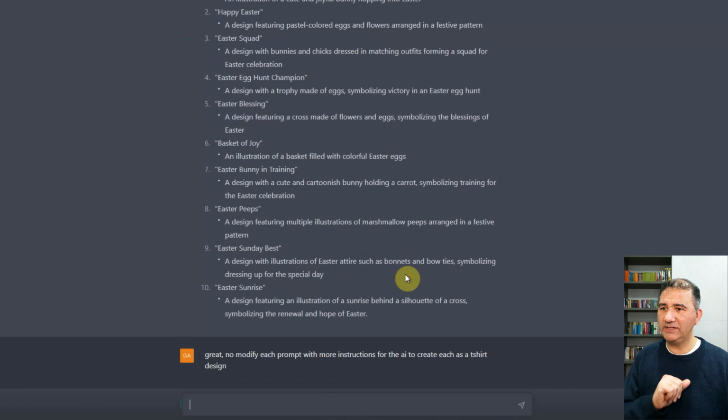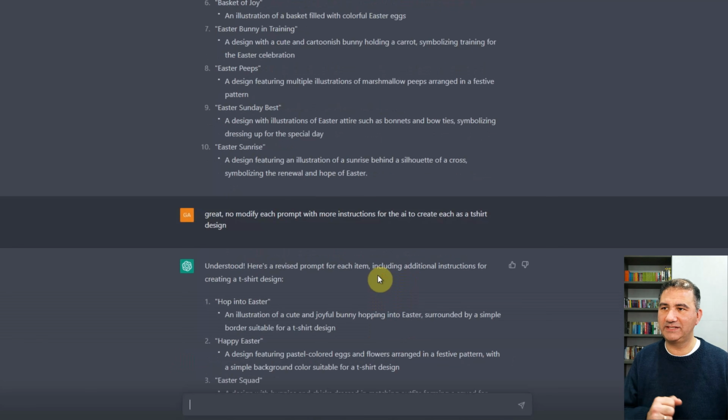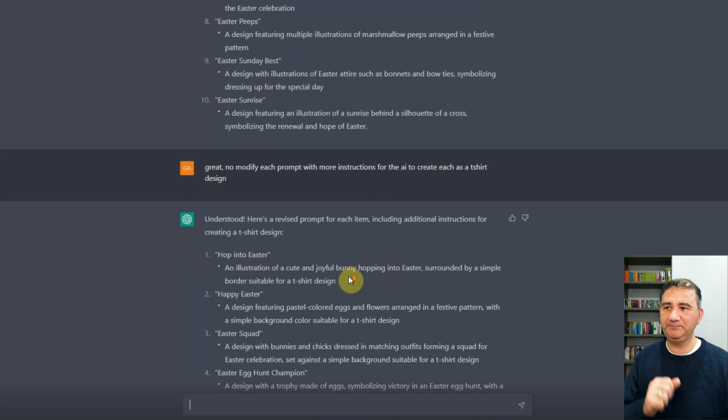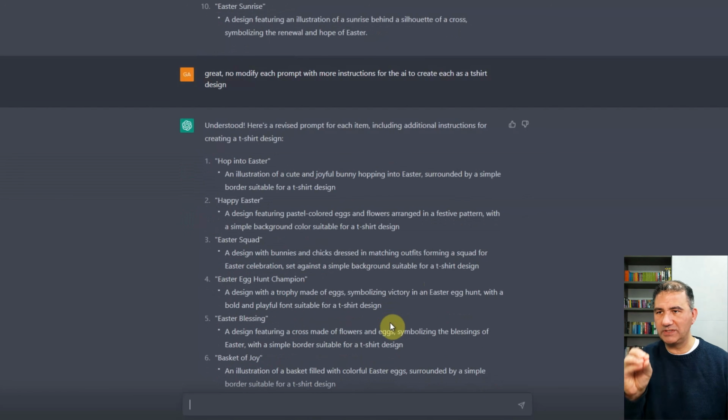Okay, so after I did that, I said, great, now modify each prompt with more instructions for the AI to create each as a t-shirt design. And once again, ChatGPT understood and gave me a revised prompt for each item. And this time it included for a t-shirt design surrounded by a simple border with a simple background color suitable for a t-shirt design, and it went through the entire list, adding those nuances to the prompts, which obviously was going to make life a lot easier for me,